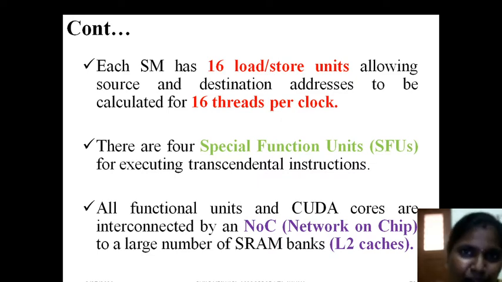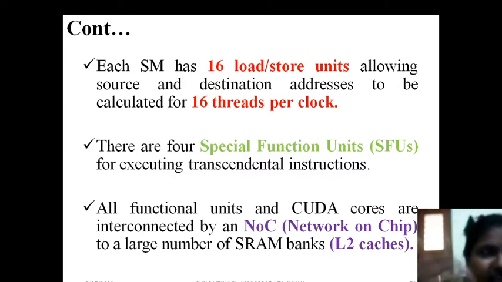Next, all the CUDA cores in one streaming multiprocessor are going to communicate through some networks. They have their own memory, the L1 cache, and can communicate with the dynamic RAM using the L2 cache. But how are they going to communicate with each other, one core to another? That is the main requirement for us. For this, they use the NOC, network on chip, connected to a large number of SRAM banks. By using the NOC they communicate with each other along with the outside world.